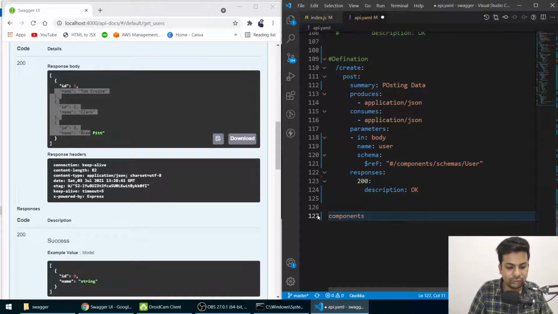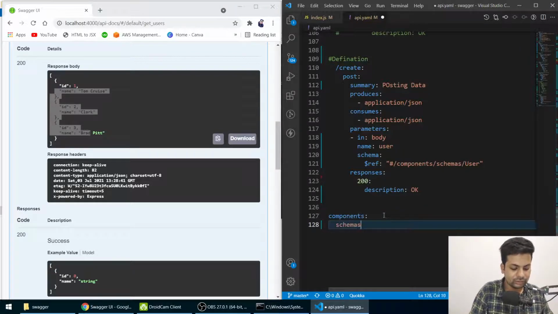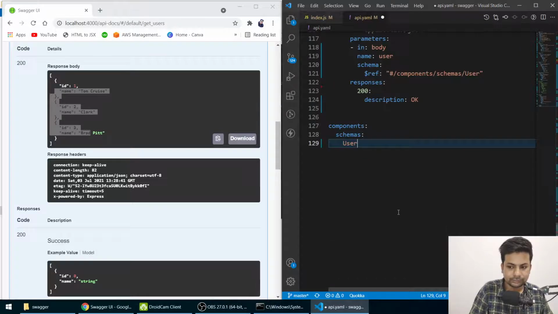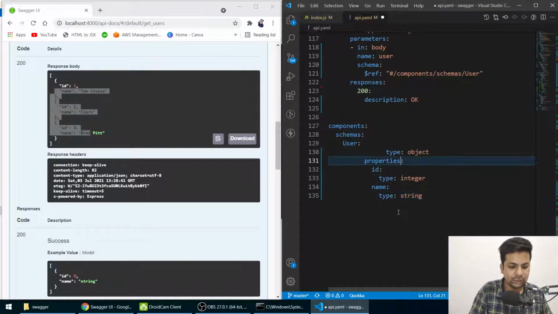It should start from this first index, okay, and after that there will be schemas, then after that there will be user. Let me just make it above, and after that just paste that thing, the type object, whatever you copied, and make the indentation correct.